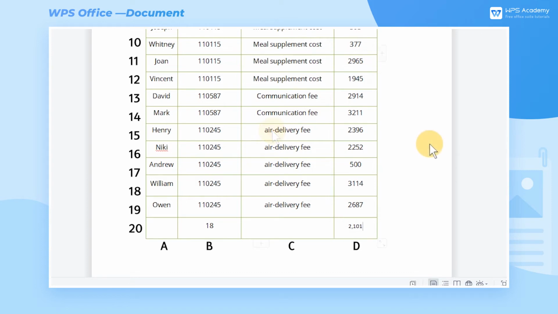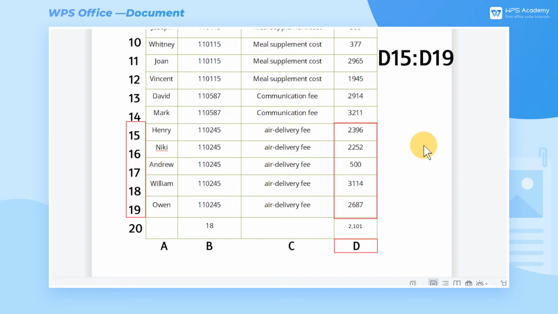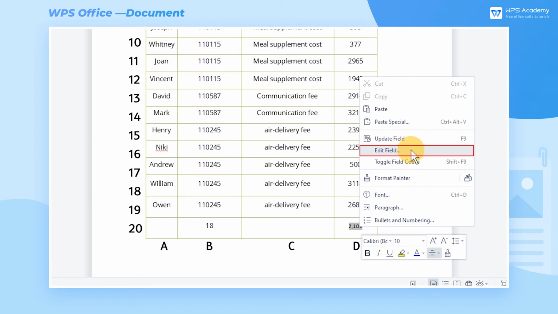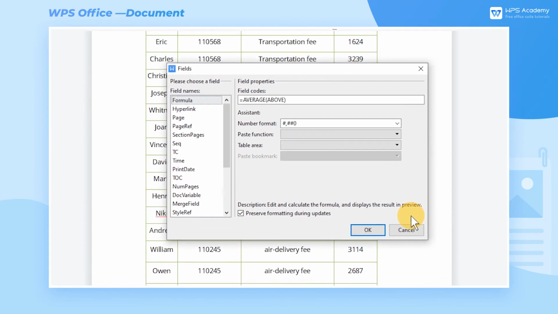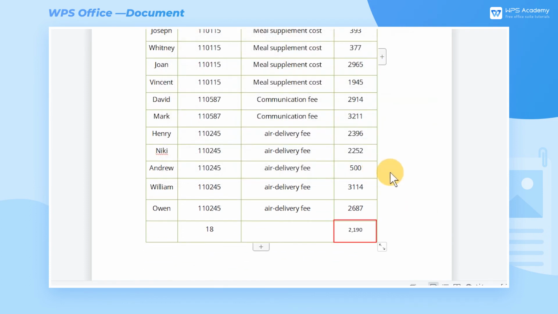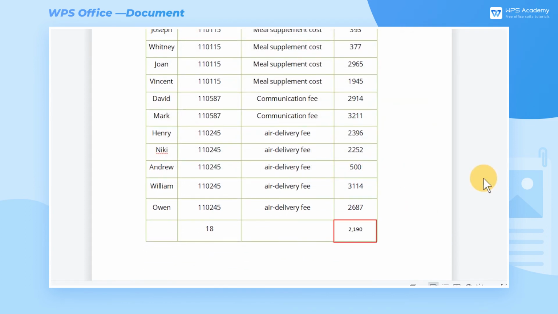column. Additionally, assume that we want to calculate the average of air delivery fee. We can select the result we've got before and right-click to choose Edit Field. In the dialog, we can reset the range of values to calculate the average, that is, change Above to D15 through D19. Click OK to return the calculation result in the empty cell at the bottom of the Expense Details